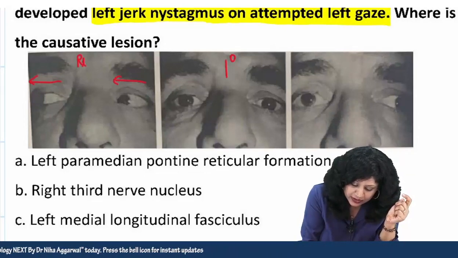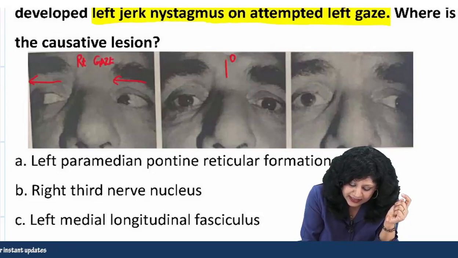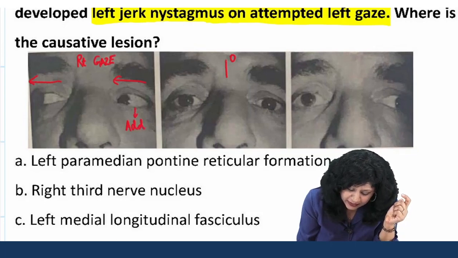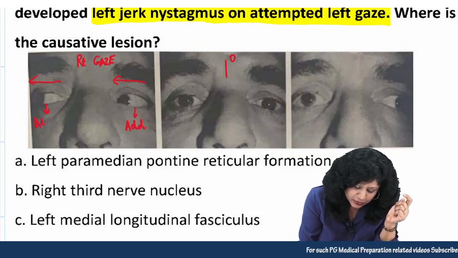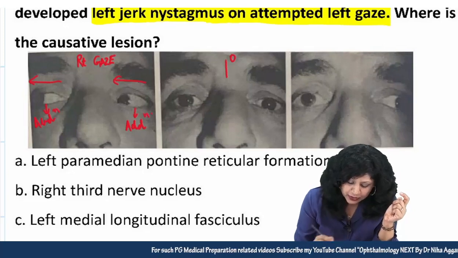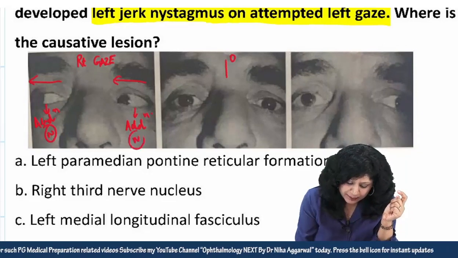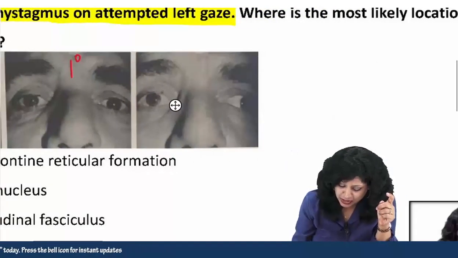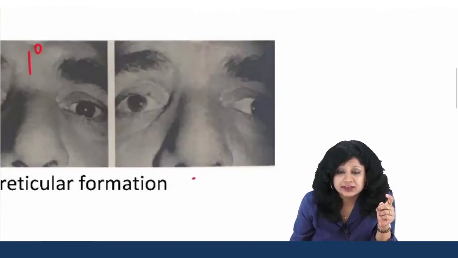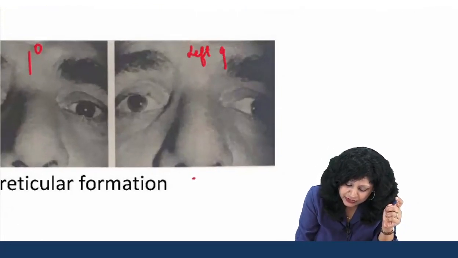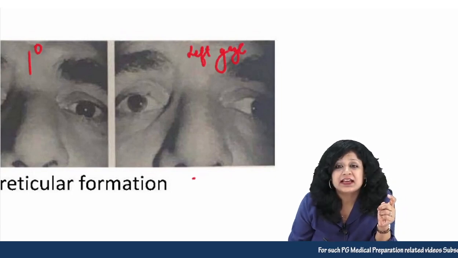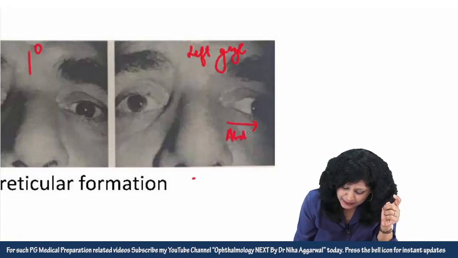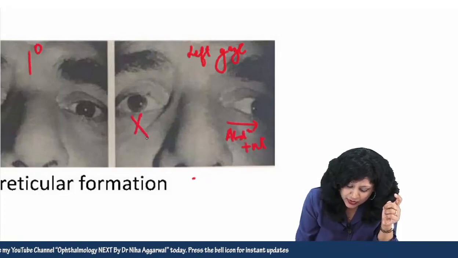This is your right gaze, and if you can see here, this left eye is adducting normally and the right eye is showing the abduction also normally. So both of them are normal, so not a problem in the right gaze. But when the eye starts looking in the left gaze, now you have to concentrate on this picture. This is your left gaze. In the left gaze, can you see this eye is abducting? So abduction is present, but there is no adduction here.